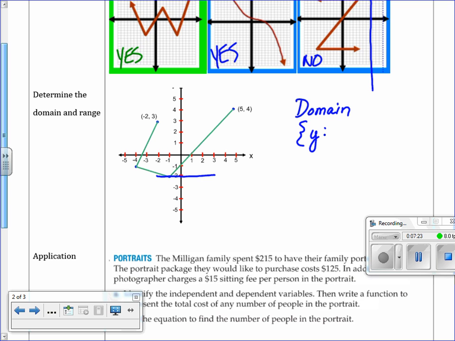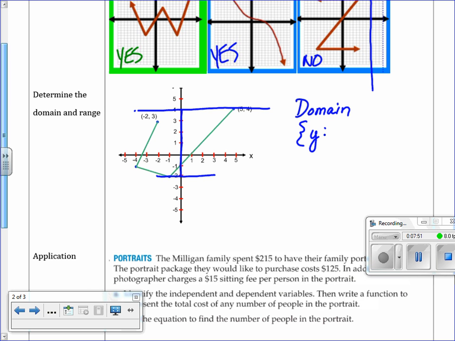Because I'm going with continuous lines here, I'm looking from here all the way up to here, which is where my line ends. And it doesn't matter that it's not a function or anything. We can still determine the domain and range. We're stepping away from determining whether or not they're functions, and we're talking about how to notate domain and